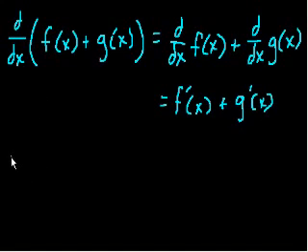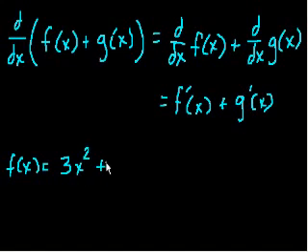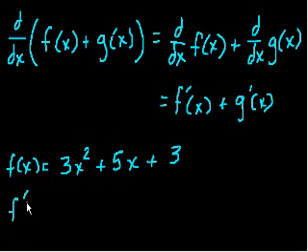So let's say f of x is equal to 3x squared plus 5x plus 3. Well, if we just want to figure out the derivative, we just say f prime of x. We just find the derivative of each of these terms. Well, this is 3 times the derivative of x squared. The derivative of x squared we already figured out is 2x, right? So this becomes 6x. Really, you just take the 2, multiply it by the 3, and then decrement the 2 by 1. So it's really 6x to the first, which is the same thing as 6x,